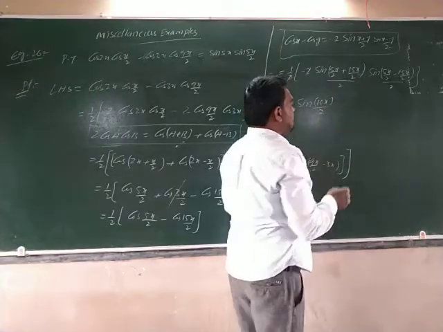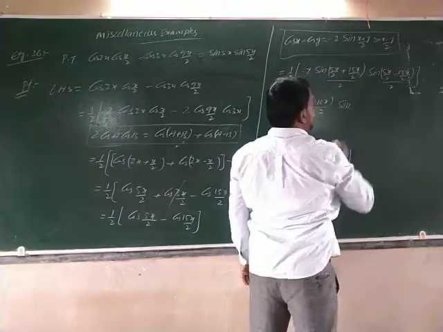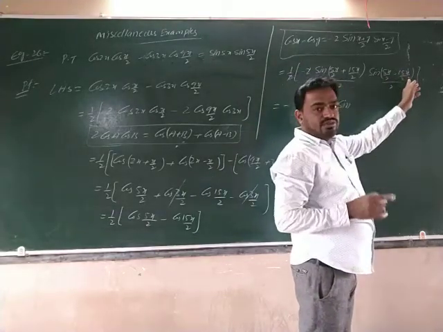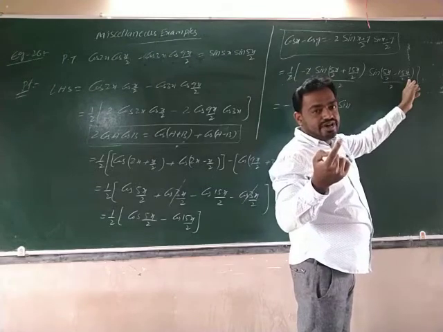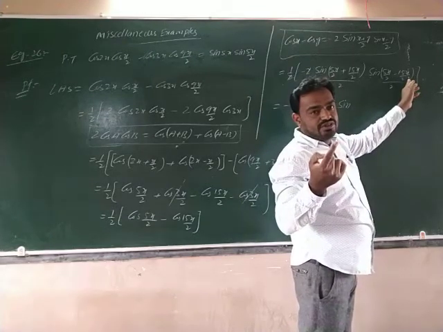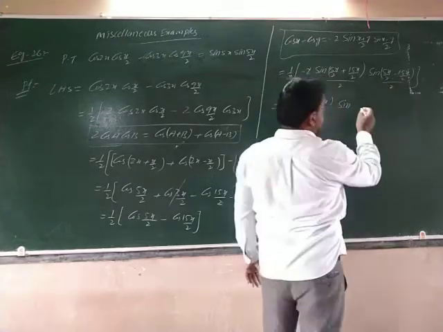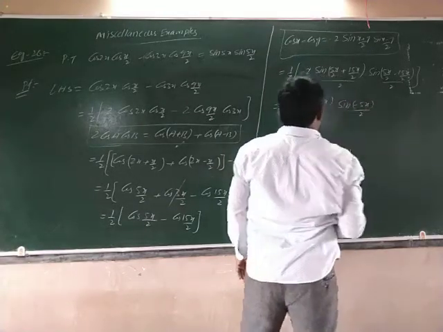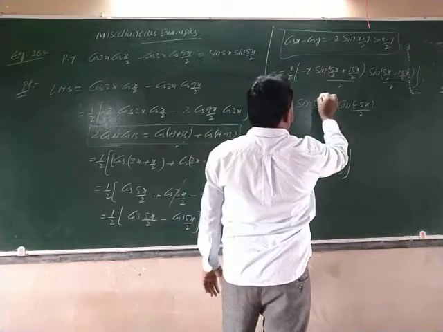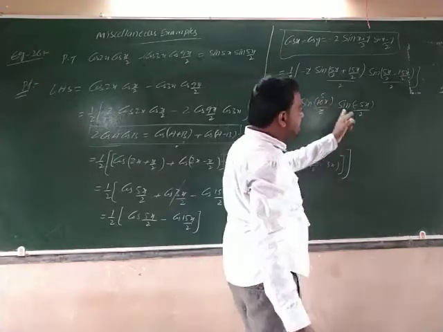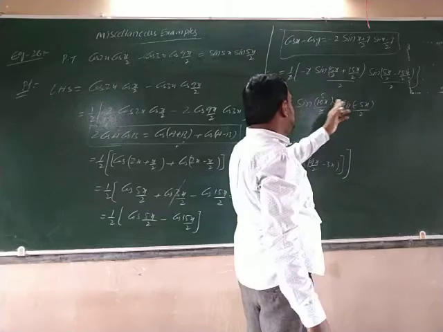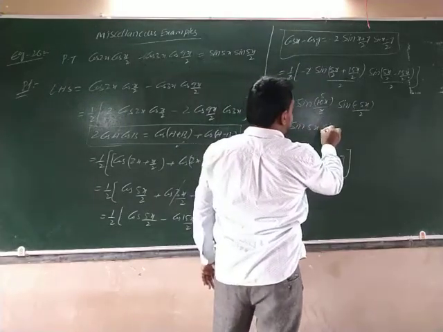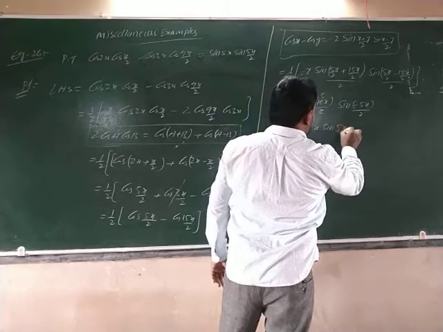Denominator twice it is. Now here sin of 5x by 2 minus 15x by 2, total minus 10x by 2. Minus 10x by 2 is equal to minus 5x. So minus 5x, denominator twice it is. Here 2 ones are 2, 5 times. This is equal. So sin of minus theta is minus sin theta. So this minus into minus is plus. So this is sin 5x by 2.